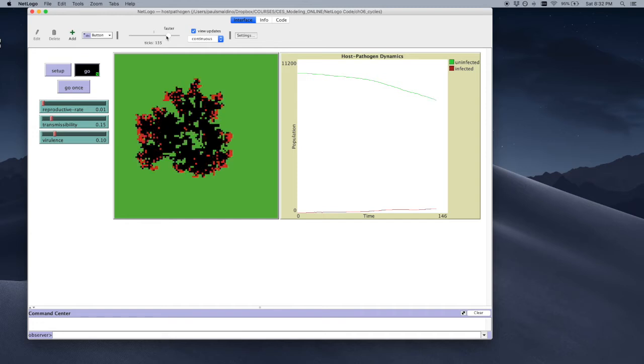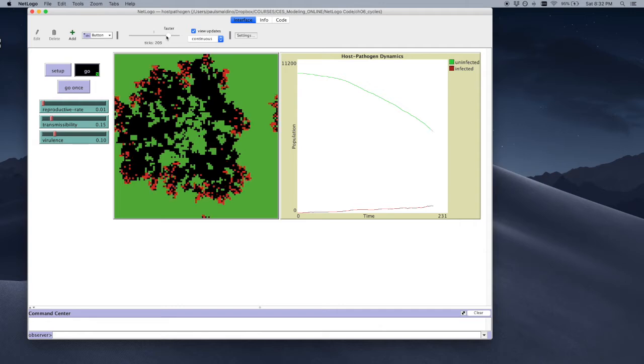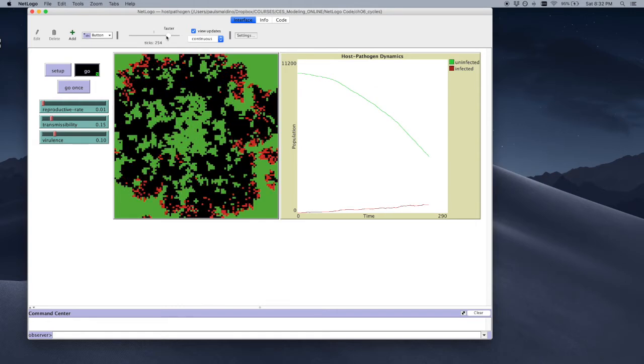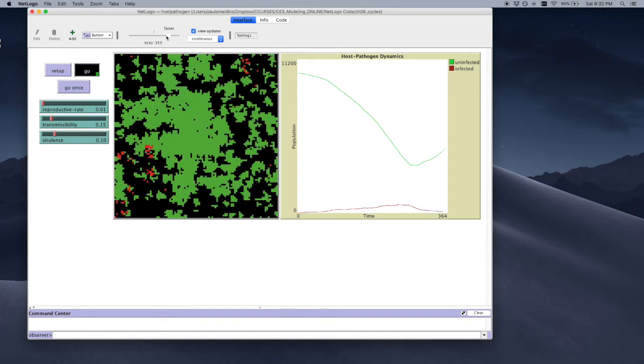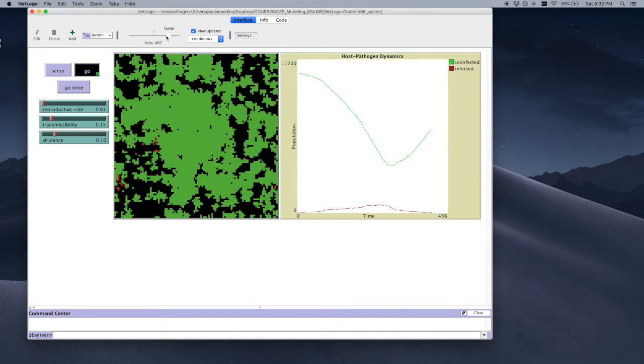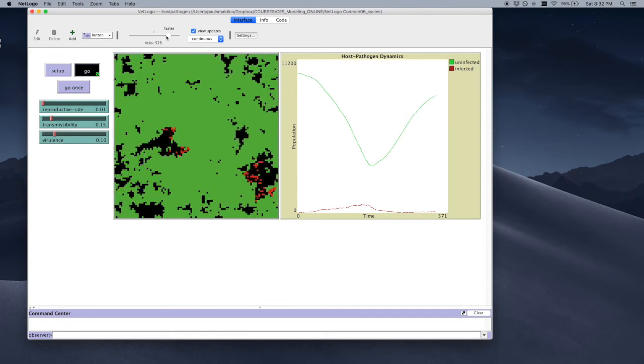So I will note that the models in general in this class are running a little slowly because I am recording my screen. And my MacBook Air isn't quite up to the task of both recording and running the model at full speed. I do promise that these models run quite a bit faster when I'm not recording.